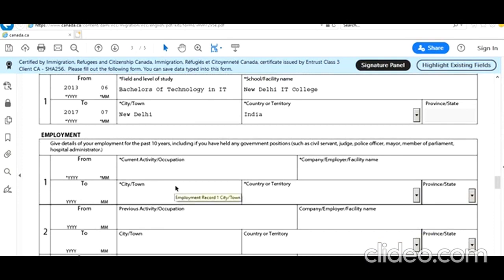Employment: give the details of your employer for the past 10 years, including if you have held any government position. Okay, so let's say after we graduated in 2017, he got a job and he's still continuing. This is not a mandatory field, but if you start typing it, it becomes mandatory. What I had done, I still put the current year and month when I applied for my work permit, and I explained that I was still employed there, so there was no question asked to me and my application was successful. So it's working analyst,